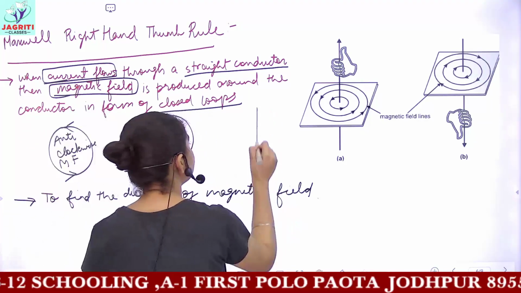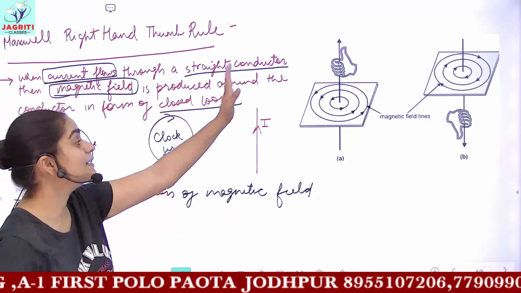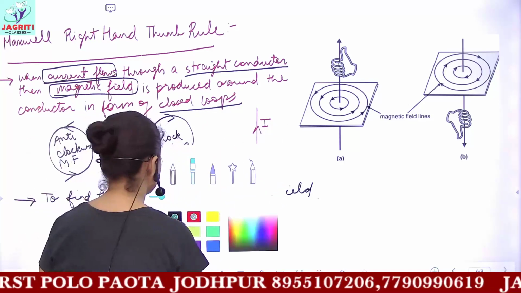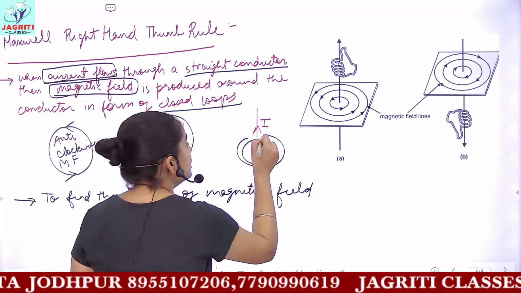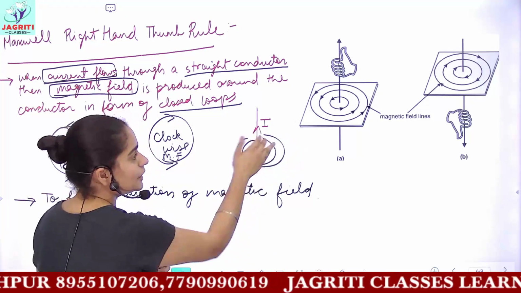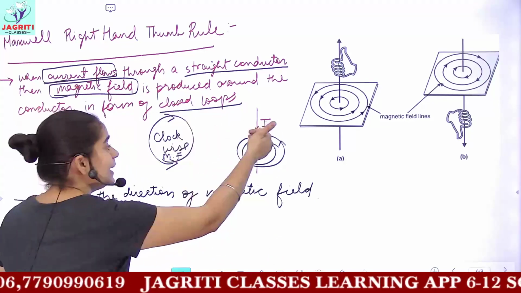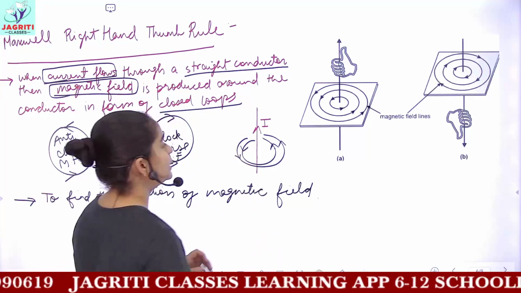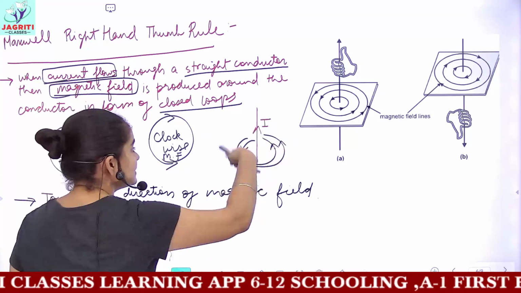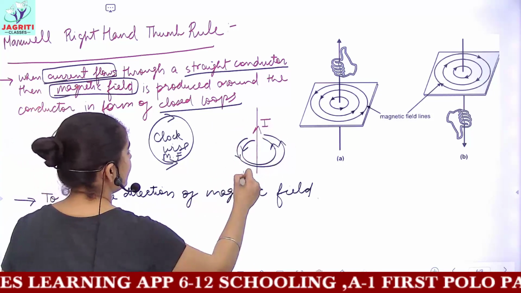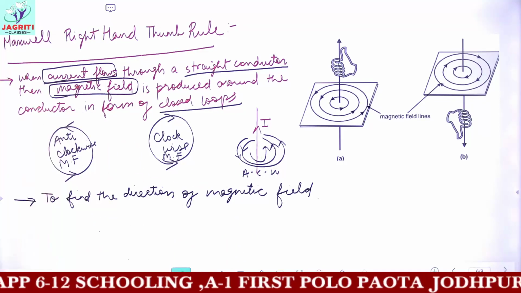So if the direction of current represented by the thumb is in the upward direction, that is I is upward, then the magnetic field lines which would be produced would be in the form of concentric loops. These loops would be going inside from here, and from the back side they are coming out. So this would be the direction. Is this direction clockwise or anti-clockwise? See, this is the direction. This is anti-clockwise, as you can see.